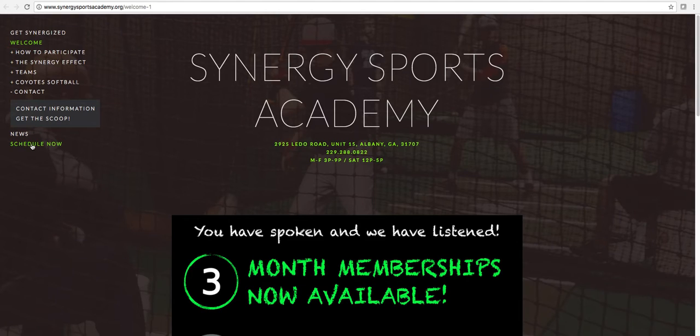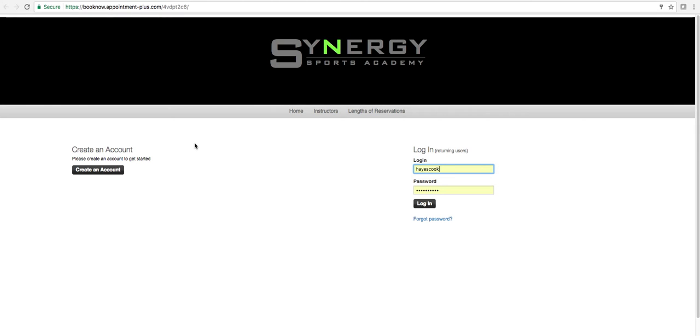And then Schedule Now is the button that you want to focus on. So when I click Schedule Now, it's going to take me to our sub-site for booking a cage for a reservation to come hit or a lesson. Once I click on that button, it'll bring me to this page. So I have the option to either create an account if I don't have one, which will be on the left side, or on the right side, I can log in